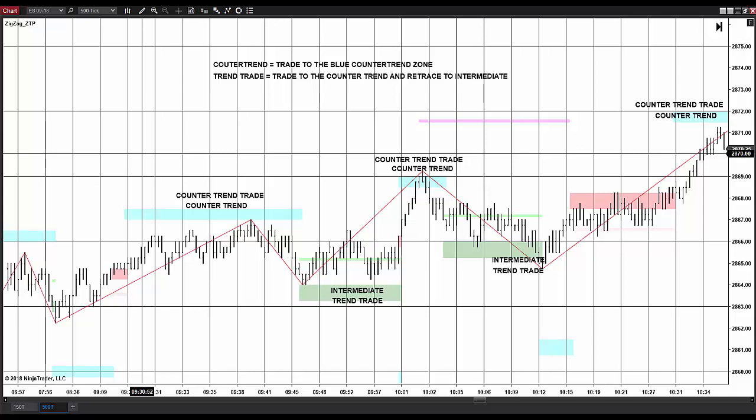However, when looking at a larger time frame chart as we're looking at here, we are getting between 3 and 4 points out of a counter trend trade, and the same can be said for the strong trend and strong trend reversal trades. So that's why we are looking to manually identify those trades just by the patterns that they